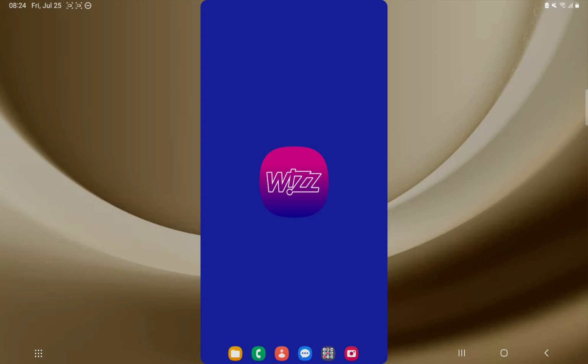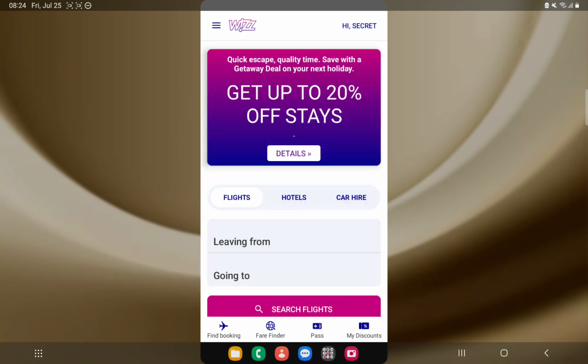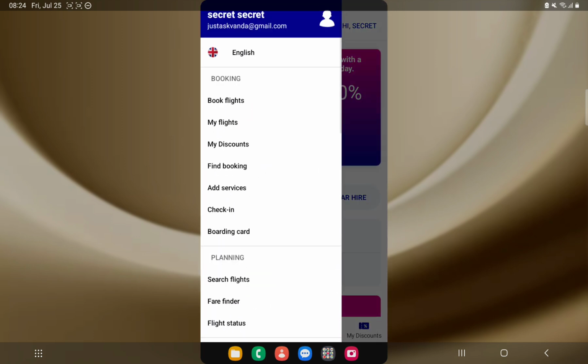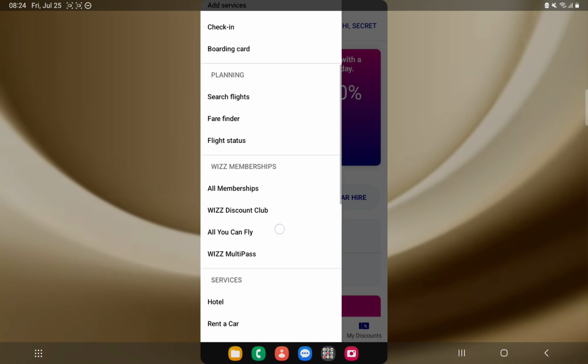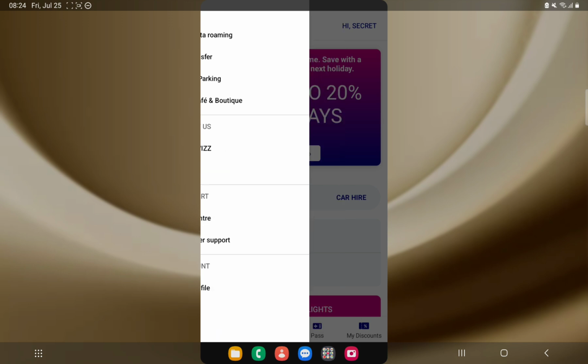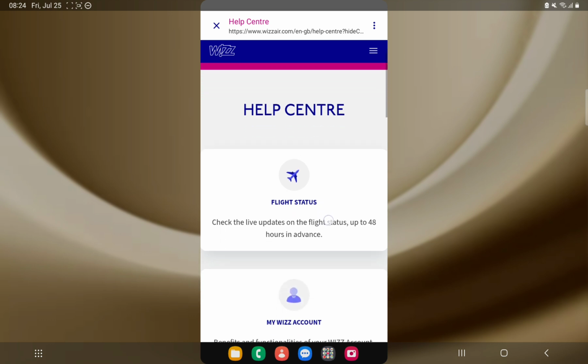Just open the app, wait a little bit, and then go to the top left corner, and now you will see this. Scroll down a little bit, and here you can find this help center. Tap on it and it will open this page where you can click on this flight status button